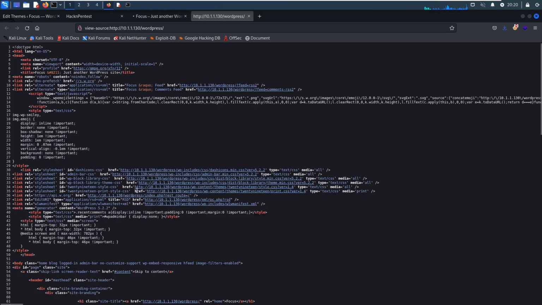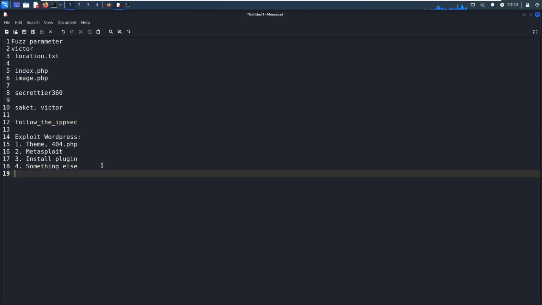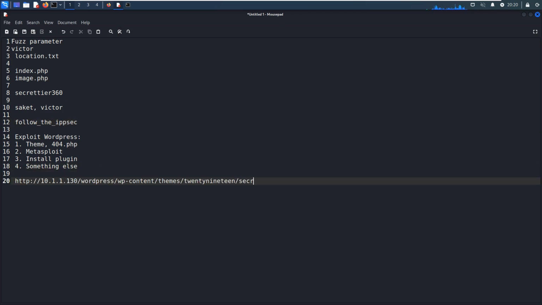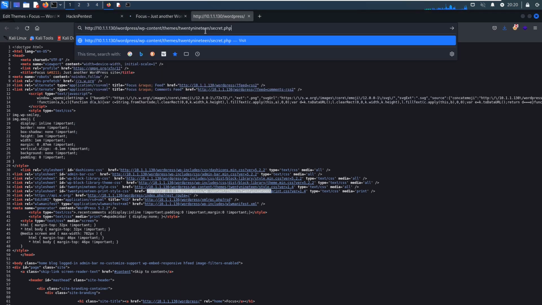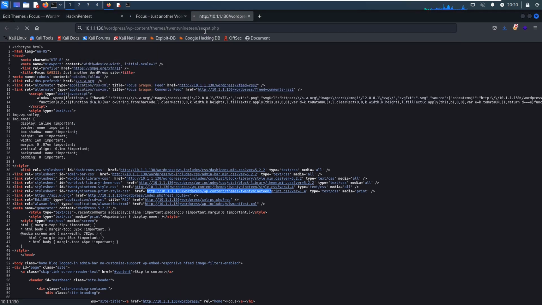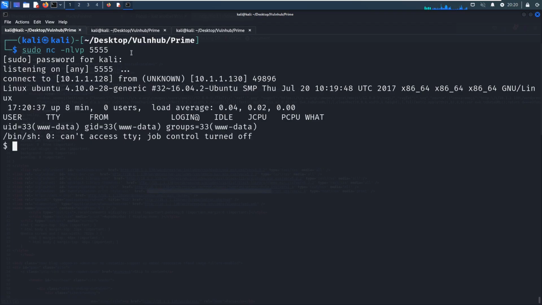Okay, and now we can copy this source, paste it over here, and then the file name should be secret.php, and then we can copy this URL, paste it in here, press enter. It looks like it's working perfectly.